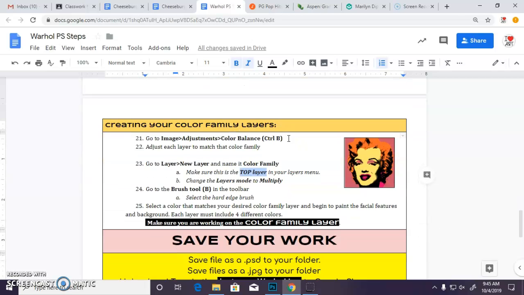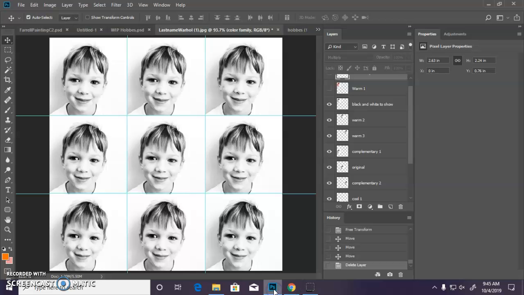So now that we've done that, what we want to do is actually turn each of those layers into a color family. So it says creating your color family layers. Go to Image Adjustments, Color Balance, or Control B to adjust it to match your color family. So when I click on this top one,